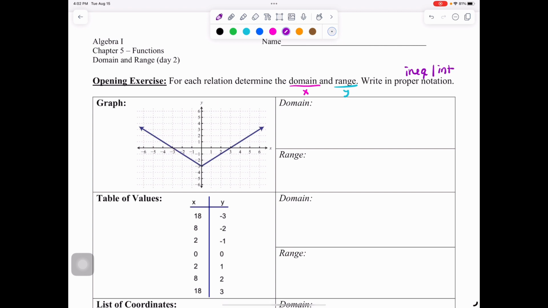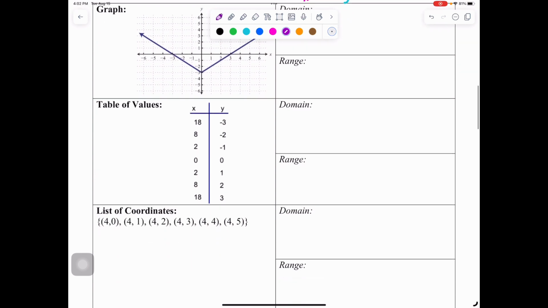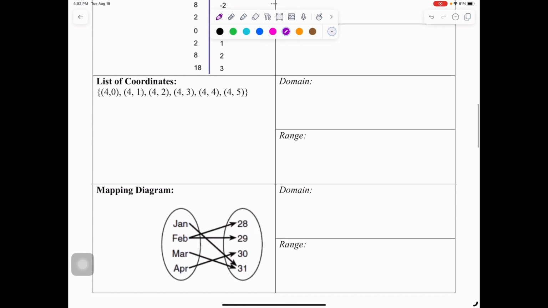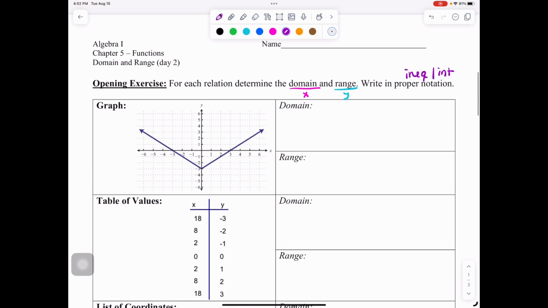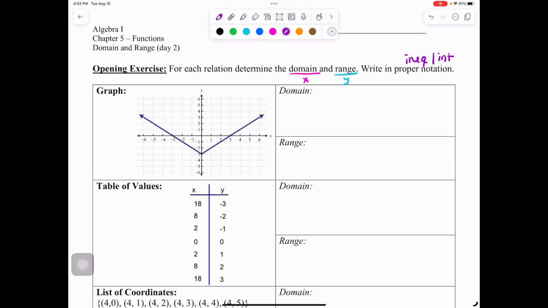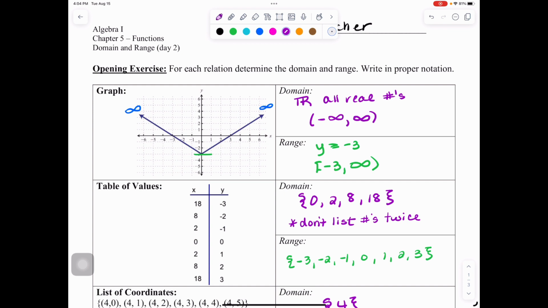and interval. You are going to review domain and range for graphs, table of values, list of coordinates, and mapping diagram. At this time, you can pause the video, try the opening exercise on your own, and then resume to go over the answers. Okay, now that you had a chance to try it on your own, let's go over the